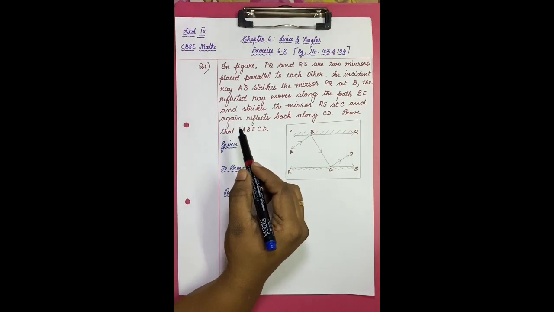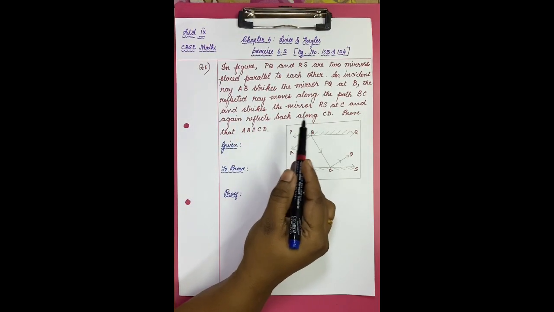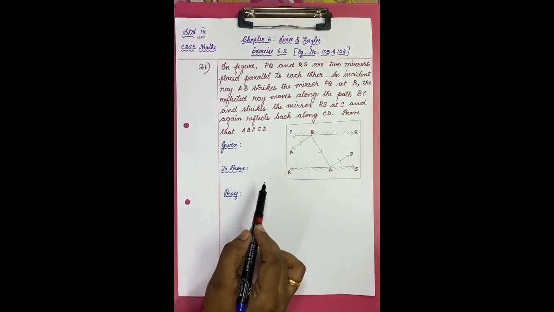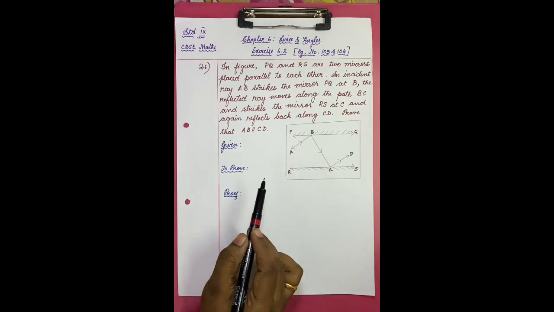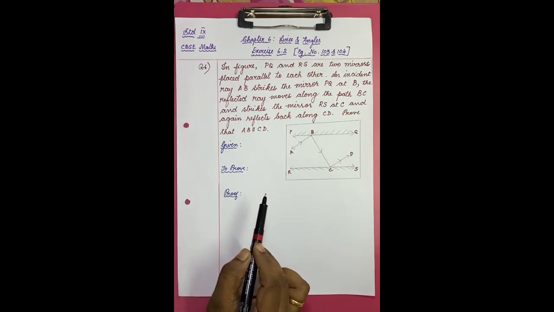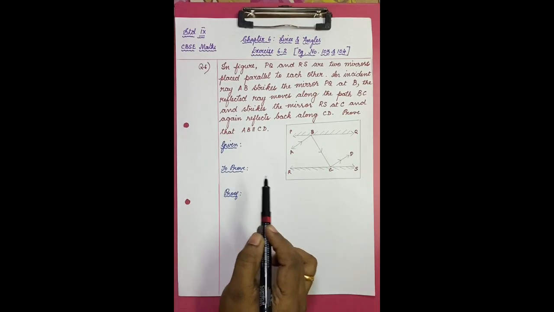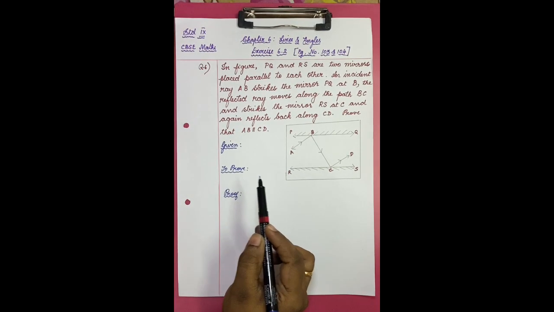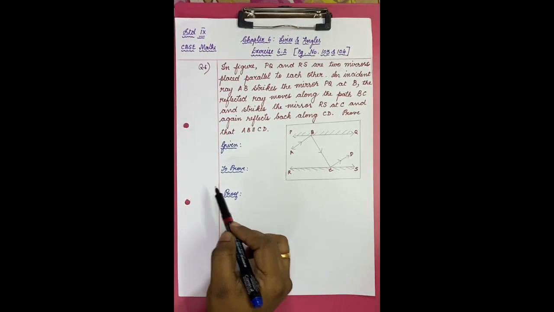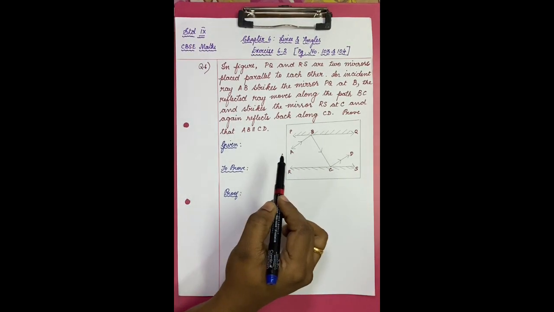We have come to the last problem of this exercise. It might look like a bigger question because this is the only rider in this exercise and it is also an application. If you've seen the entire series of this chapter, Lines and Angles, in the first video we learned that we use lines and angles even in physics, in the ray diagram. This is one such application problem.